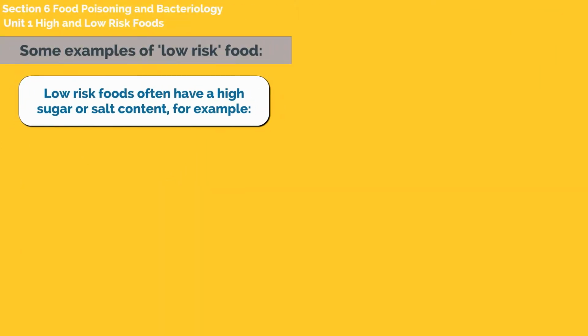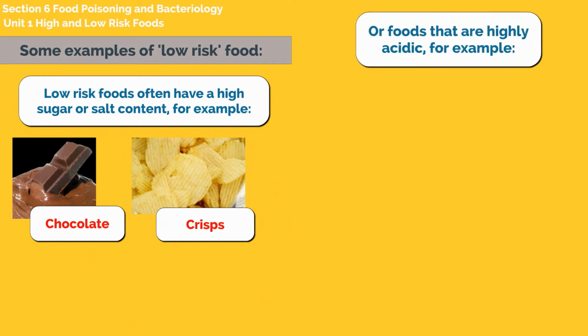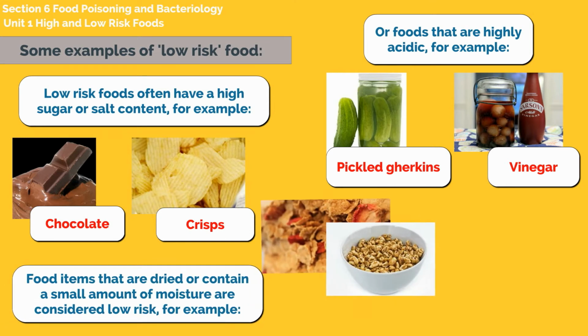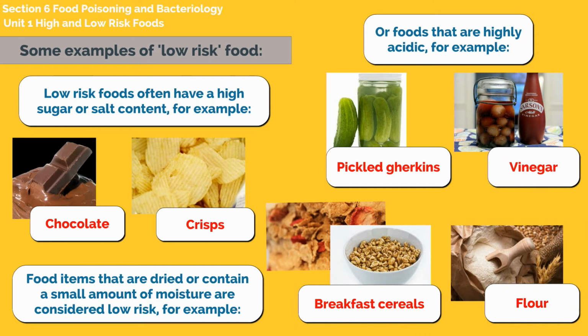Low-risk foods often have a high sugar or salt content, for example chocolate and crisps, or foods that are highly acidic, for example pickled gherkins and vinegar. Food items that are dried or contain a small amount of moisture are considered low risk, for example breakfast cereals and flour,